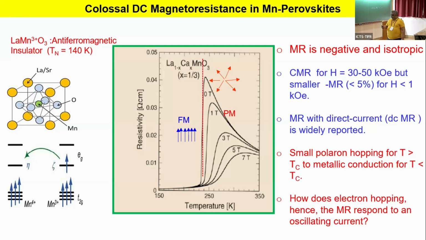Okay, and most of the works published so far were measured with a direct current. But we know that the insulating-like state in the paramagnetic state is due to small polaron hopping. So the question comes: what will happen if, instead of passing a direct current, I pass an alternating current? We know, because there are talks on multiferroic behavior,